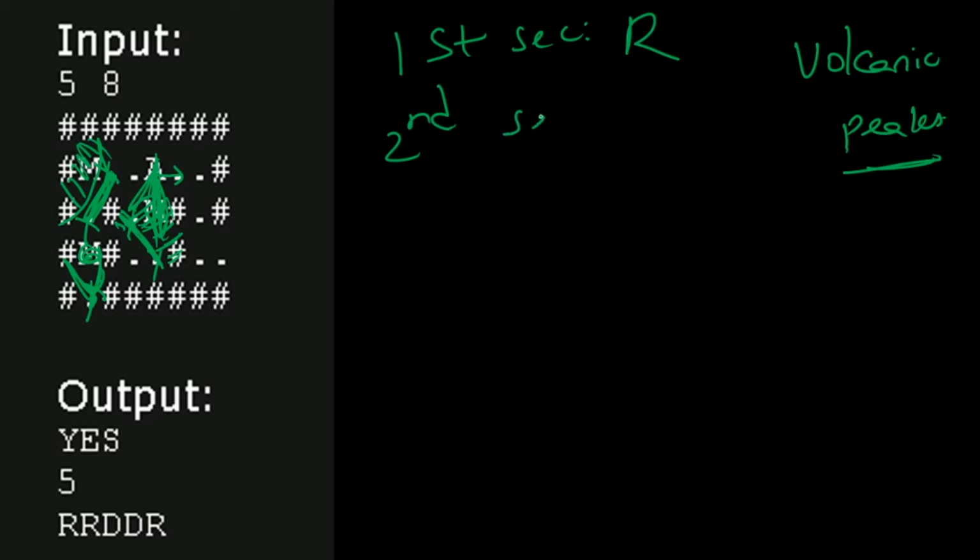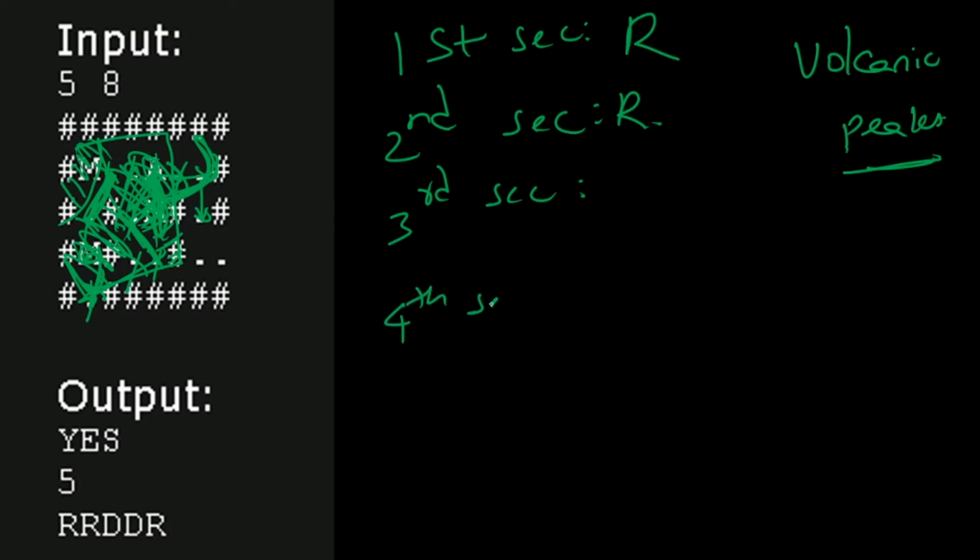In the second, let us go ahead and make a right again. So let us keep going in this direction. The lava also continues to flow. The lava would have reached this location and also this location. So now this whole box, this entire location is filled and corrupted by lava. The third second, we make a downward movement. Meanwhile, the lava would have reached up till here. The fourth second, we make another downward movement and the lava would have reached all the way till here.